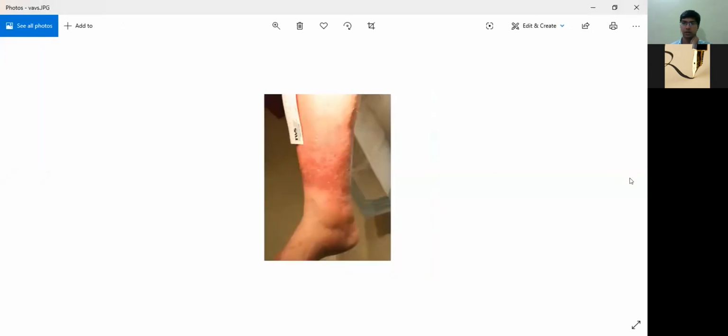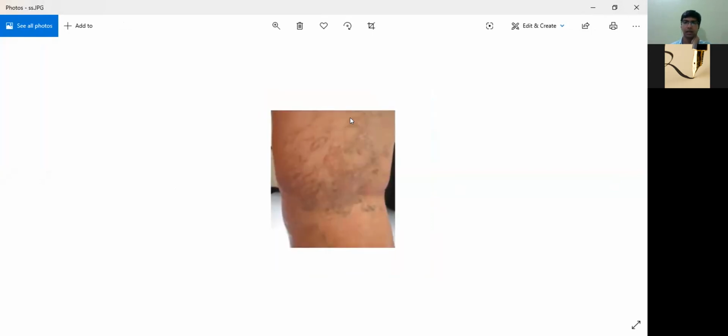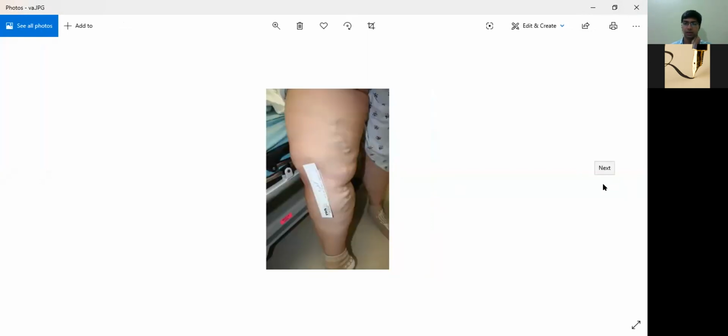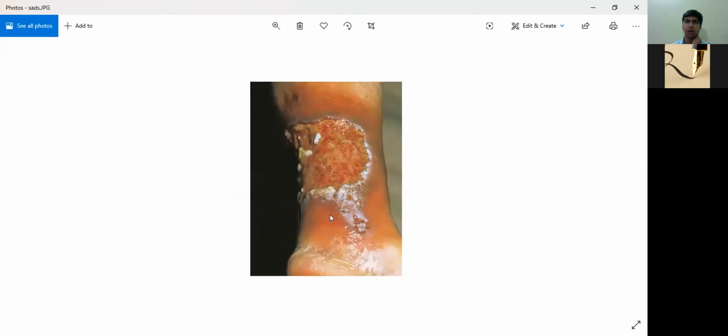I'll show you that. This is lipodermatosclerosis. This is varicose veins. Yeah, this is telangiectasia or reticular veins. You see the diameter of this, I think around 3 to 5 millimeters. So maybe flare or reticular veins or telangiectasia. Okay, these are not varicosities. You can compare it with this. Difference, okay? This is classical lipodermatosclerosis. You can see thickening of skin with discoloration and dry patches.